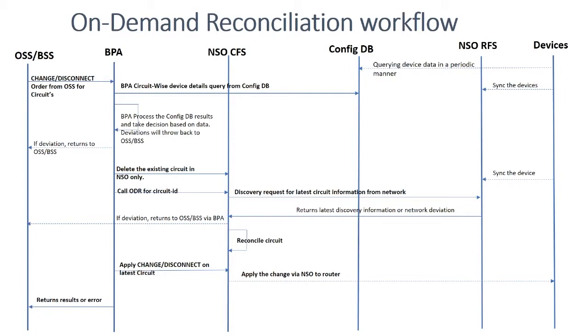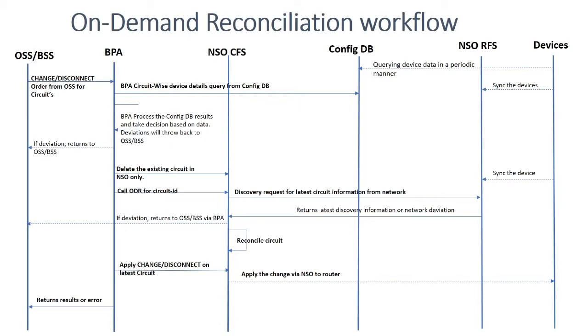What BPA does is, it goes to the config DB and takes the data: how many devices this circuit is done with, right? Then BPA processes internally the data coming from the config DB. Okay, good to go. Then it deletes the existing circuit from NSO, and we call an ODR. ODR is basically a call on specific routers for a particular circuit. It may take 10 seconds, 20 seconds, right? Once we discover the complete data,